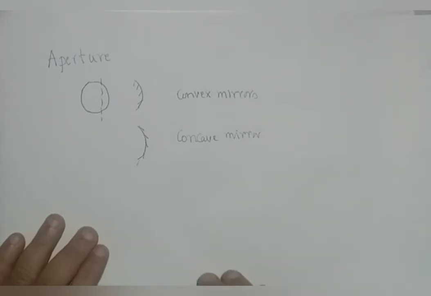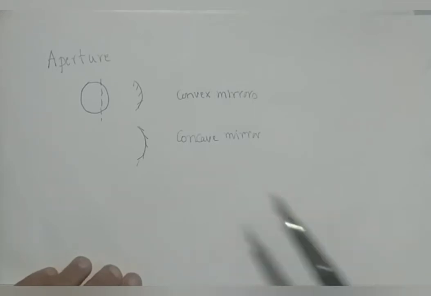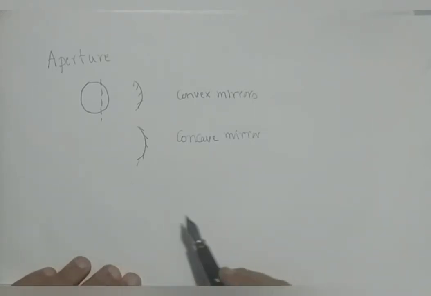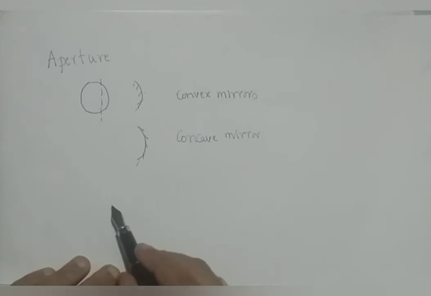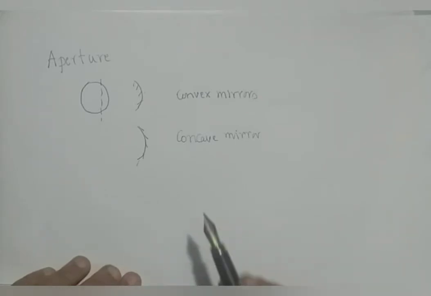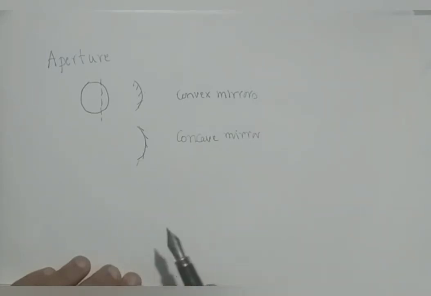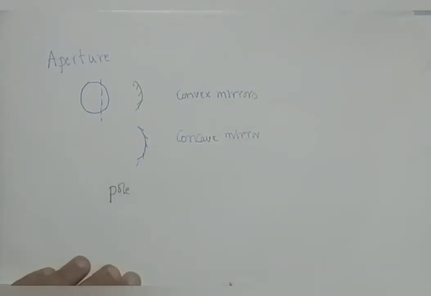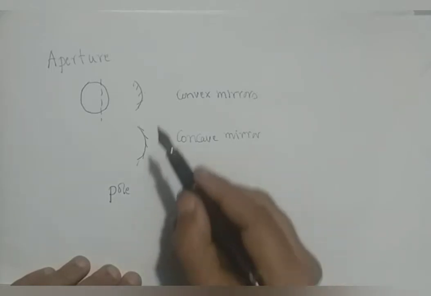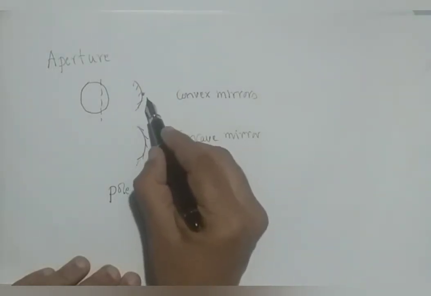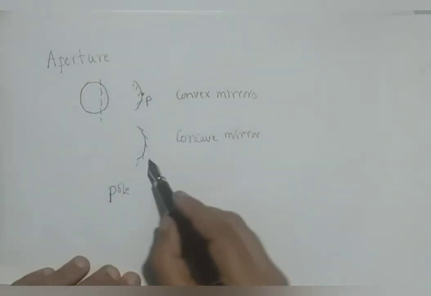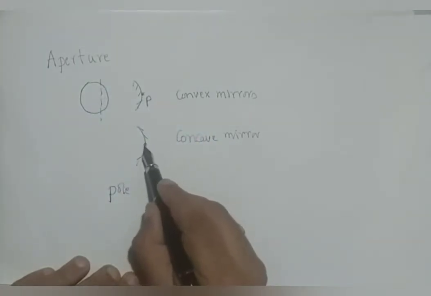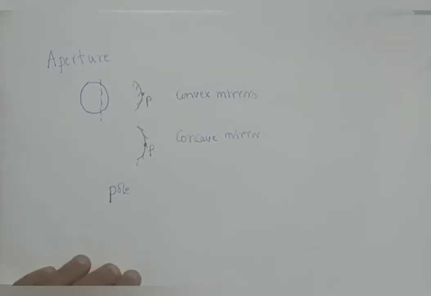With these things, now we learn some more definitions regarding spherical mirrors. As we learned aperture, now we learn some more. The midpoint of the aperture in any of these mirrors, either convex or concave, is what we call the pole of the mirror. Pole means the midpoint of the aperture, usually indicated by P. Here I am marking it, P. That is, P is the pole of the mirror. Here also for the concave mirror, P is the pole of the mirror. It is the geometrical center of the aperture.